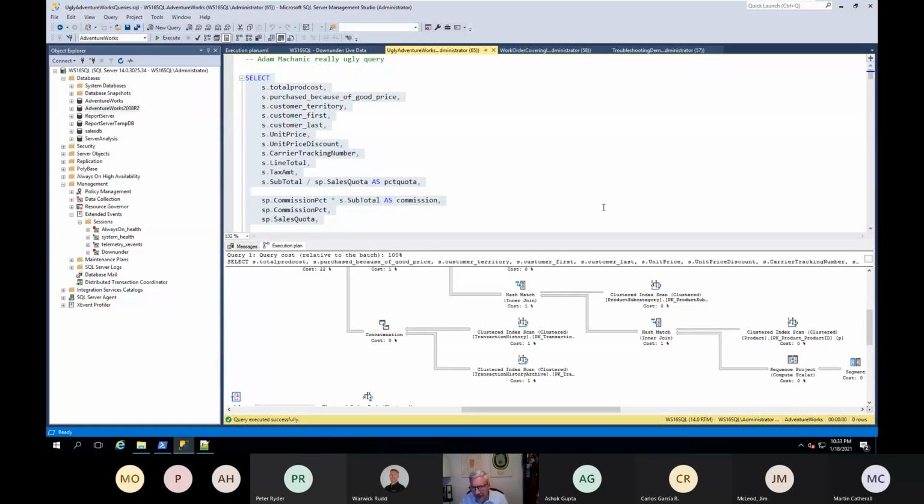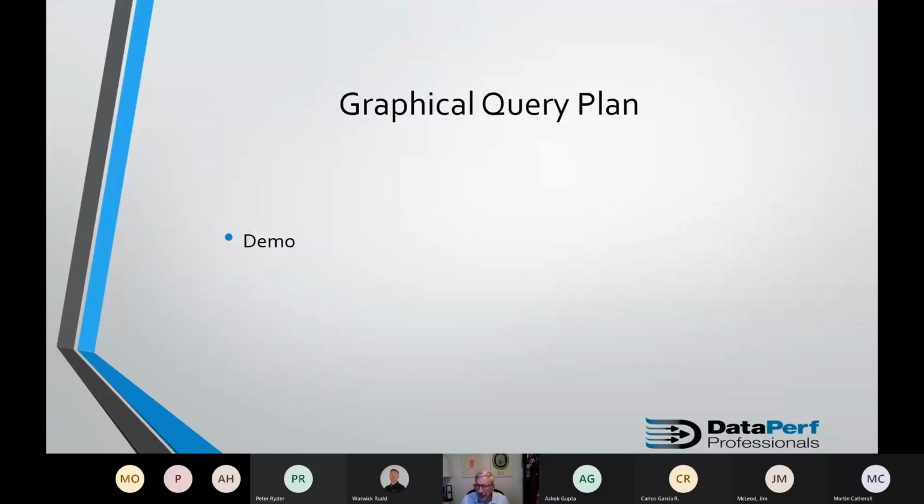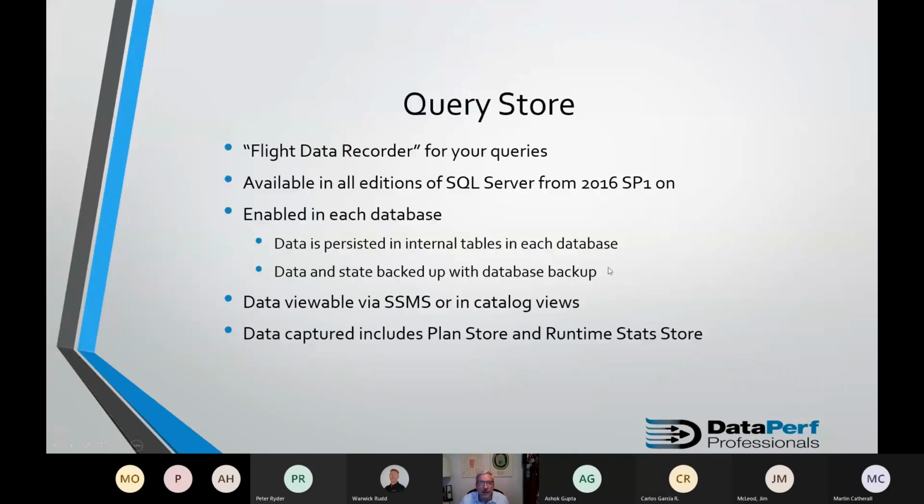But again, it's important that you know how to use the query plan to start working on tuning those queries. Lastly, Query Store. Query Store was introduced in SQL Server 2016 SP1, and it literally is a flight data recorder for all of your queries.